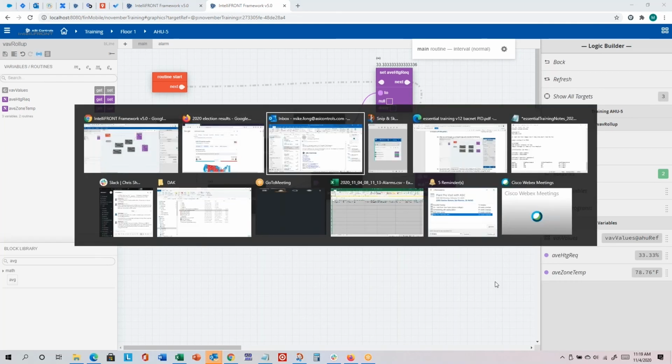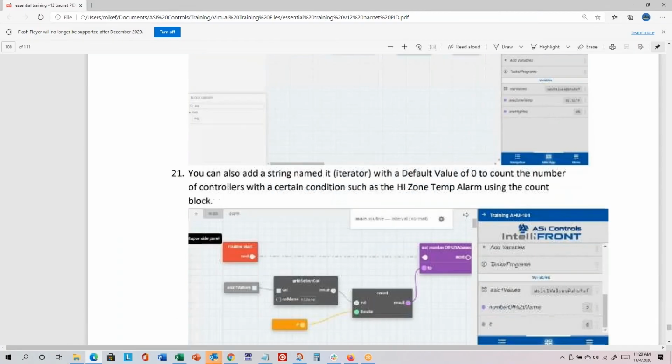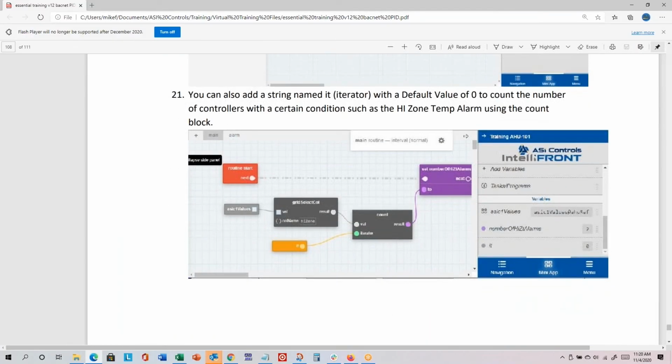So the last part of this lab, it's a little odd too, but instead of just averaging, we're going to count alarms, and we picked low zone temp alarm instead of high because I think I do have some active low zone temp alarms. So I want to see it count something other than 0. So we're going to do something similar,